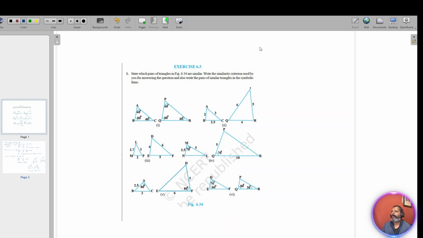So in triangle, first you write the triangle ABC continuously, then we pick the corresponding angle vertices for that. So in triangle ABC and triangle, check out, A is 80. If I take F as 80, two sides are 3 and 2.5. The other two sides are 6 and 5. Check out, 3 by 6 is 1 by 2. 2.5 by 5 is 1 by 2. Okay. So that is AB